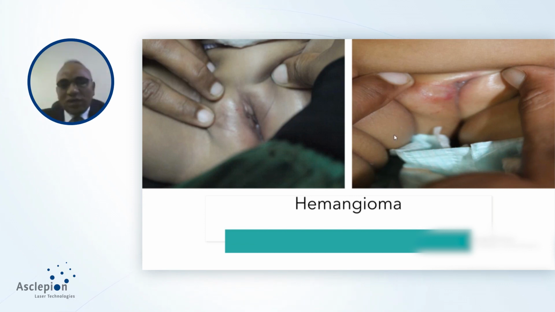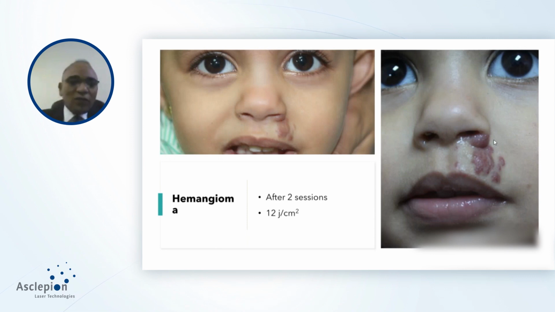But we don't use it regularly, except in case of complication. If there's bleeding or recurrent trauma, you can use laser. Otherwise, it's better to avoid it, as it is a self-limited disease. Another case complaining of frequent bleeding from angioma, treated by 2 sessions and improved significantly, at least the bleeding stopped, with low fluence, 12 joule per square centimeter.